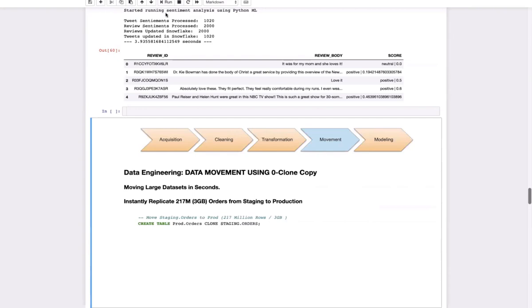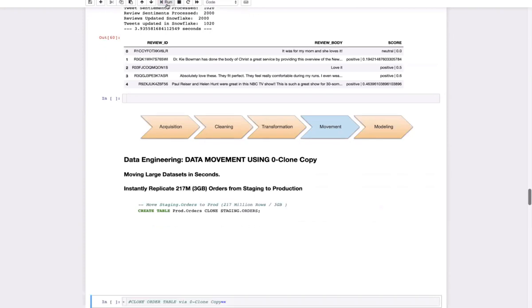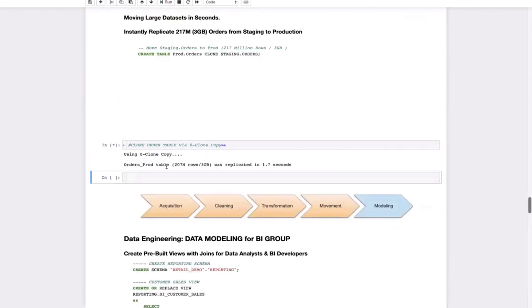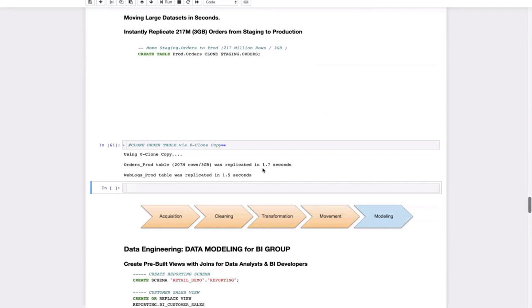This is not a problem with Snowflake, as we can instantly clone terabytes of data in seconds without affecting the business users creating the same set of data. Even though this will replicate the entire 217 million rows of data in production, it will not use any additional storage that will normally be associated with added costs within traditional platforms. It also uses minimal compute resources, if any, and finishes the job in seconds. In this case, it took about 1.7 seconds, saving not just a ton of money, but also a ton of